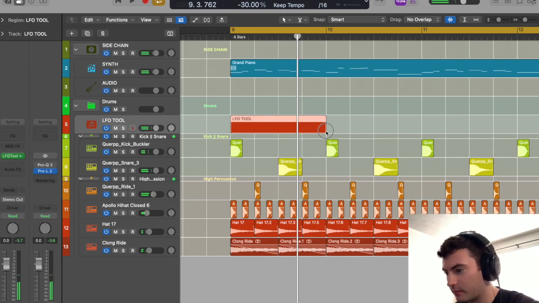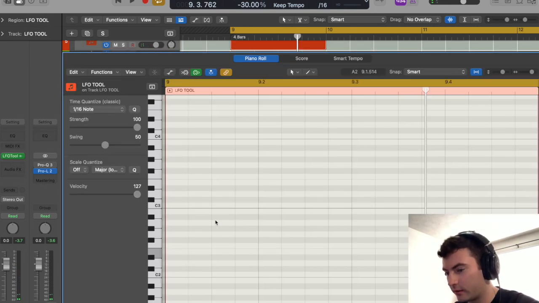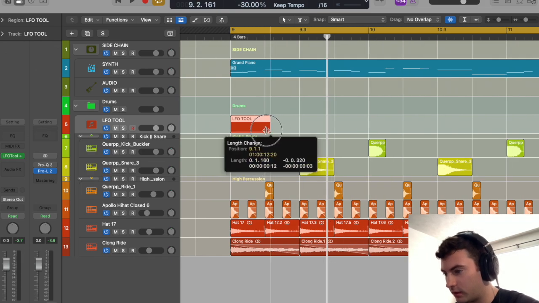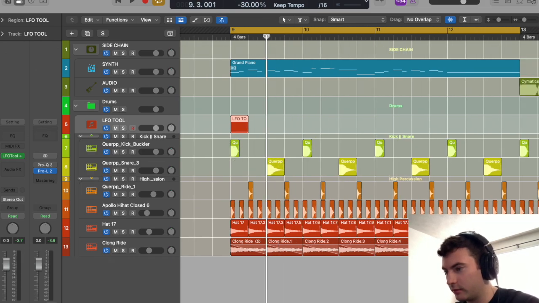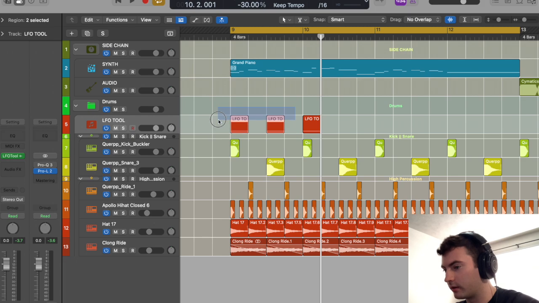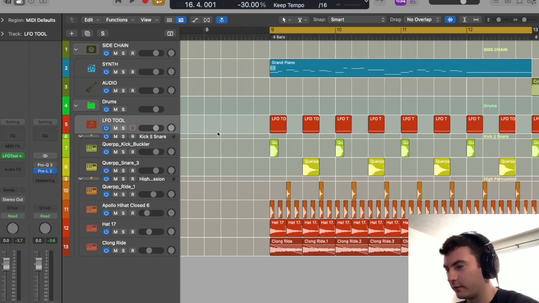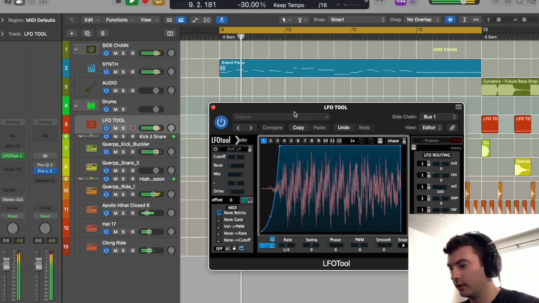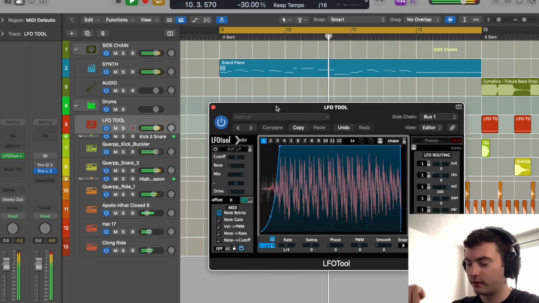Let's create the trigger. It doesn't matter what note this is, it can be any note. Typically I do C3, and then we can make this really small, and what we're going to do is put this at every kick and snare. So now what happens is we open up LFO Tool, and we can see that the volume of the synth